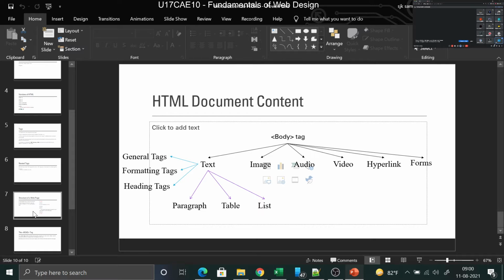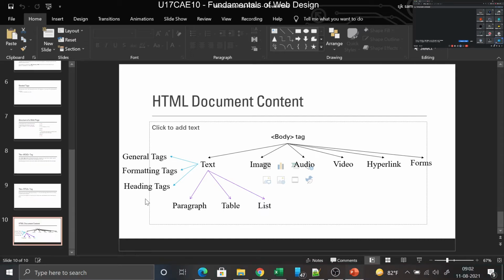So you'll be having text, image, audio, video, hyperlink, forms, general tag, formatting tag, all these different mediums, which constitute multimedia, will be displayed in the clientele area that you can see over here. All these will be shown in the clientele area, and this is the HTML tag that we saw in the last class. All of you know up till this, right? Yes or no? Yes, sir. So you all know how to run an HTML file.